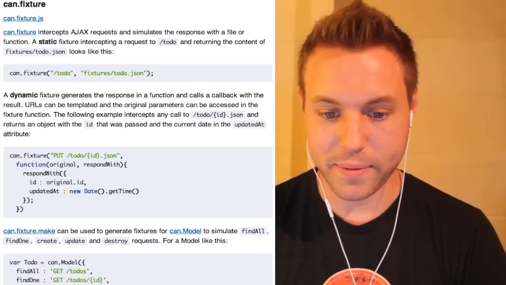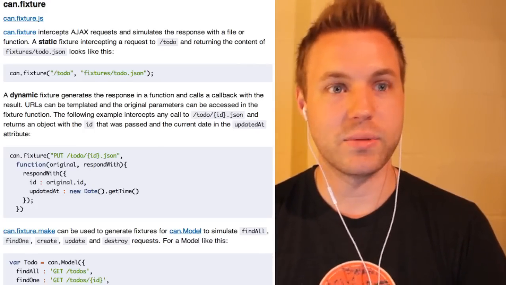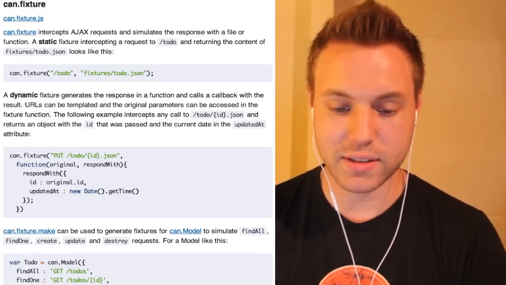The other thing that we're trying to get released for CanJS, which is kind of pseudo released, you can get at it. There's some docs for it. I shouldn't say pseudo release. It's released. We just haven't pushed it very much. Is Can Fixture,